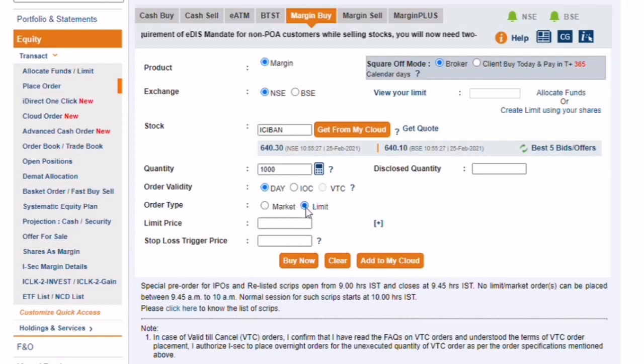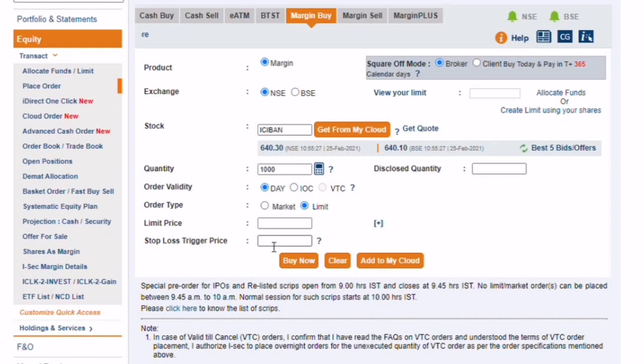How the limit order works is, say for example you're bullish on this ICICI stock, so that's why you're coming to margin buy, obviously. You know that there is a strong resistance at 644 for ICICI Bank, and if it breaks that resistance level, you feel the stock can make a very good movement.